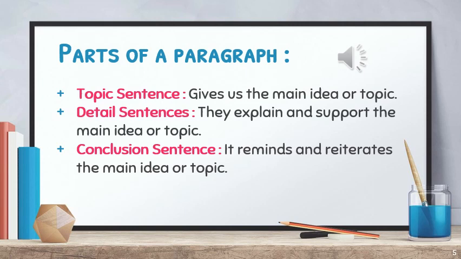Okay, and then comes the conclusion sentence. Conclusion sentence is you're concluding and you're remembering the first sentence. You're reiterating, you're stressing on the first sentence, that is the topic sentence, again in the conclusion sentence. Like in the example that we discussed, Anna is one of the best students in school, right? So Anna is an excellent student was the first sentence, and in the last sentence, conclusion sentence, what did you write? Anna is one of the best students in the school, right? So you are reiterating what is there in the first sentence. You are remembering it and you are supporting it.